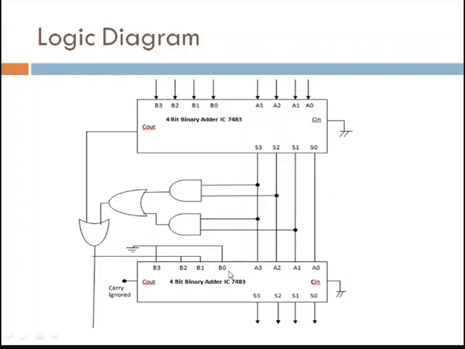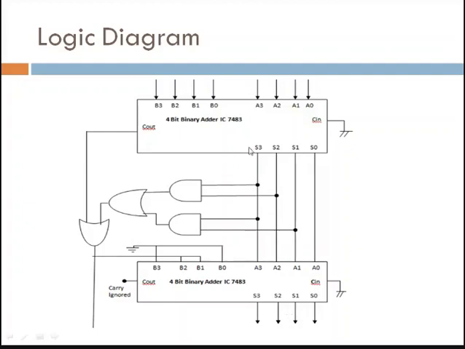Then what you have to use here is, in the second addition you have to consider 0 for the B bits, because you are already getting a valid result from the first addition. So B3 and B0 are already 0. Now we have to consider B2 and B1 values as zeros. Then we'll get the valid result from the second IC also.